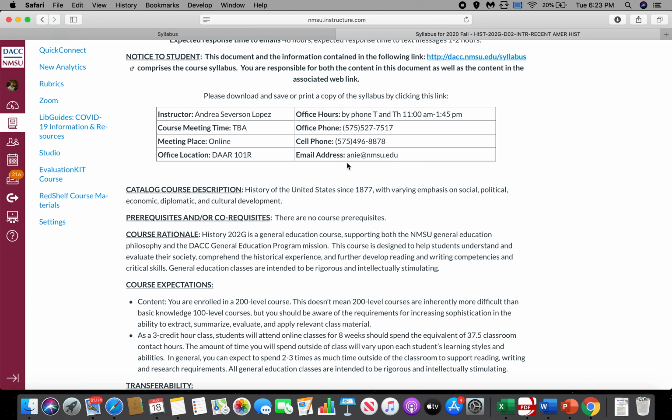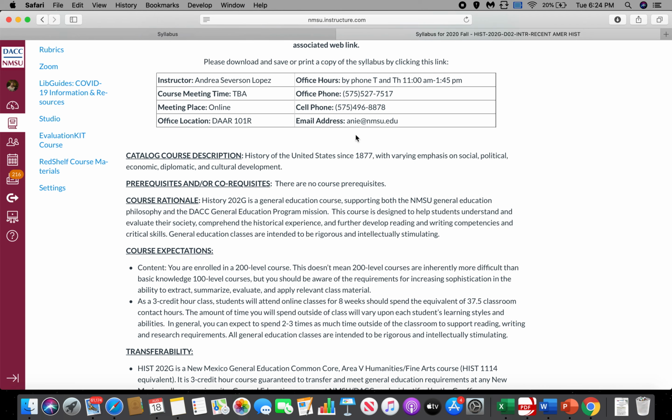And if you do go through this, be sure to specify what class you're in, what section, and what your name is. That way I know what assignment you're asking about. Whereas with Canvas, you don't really have to do that because it'll show me which section the email is coming from. But that's what you need to know for this one. Also, if you text me, you might need to include that information too in order for me to help you.